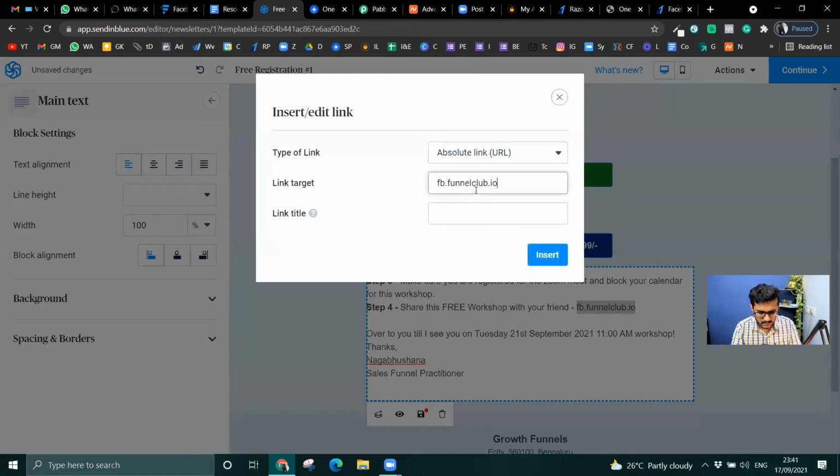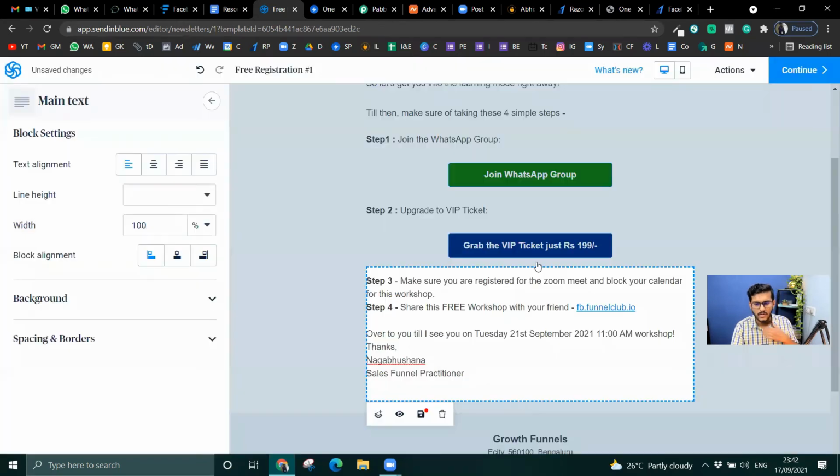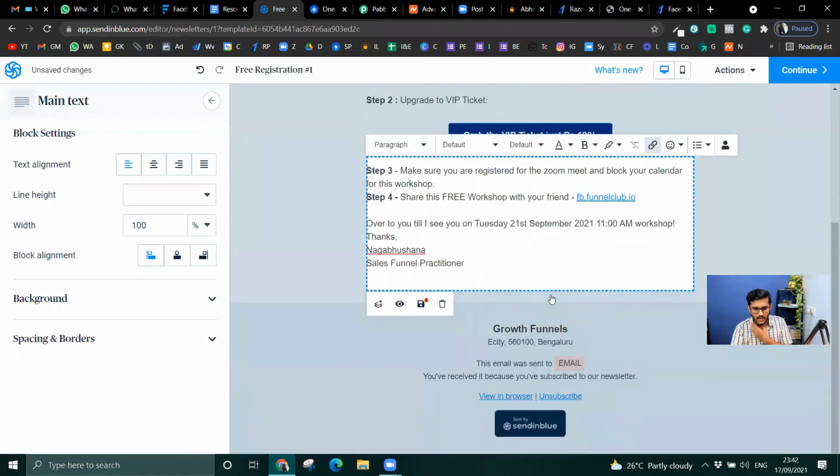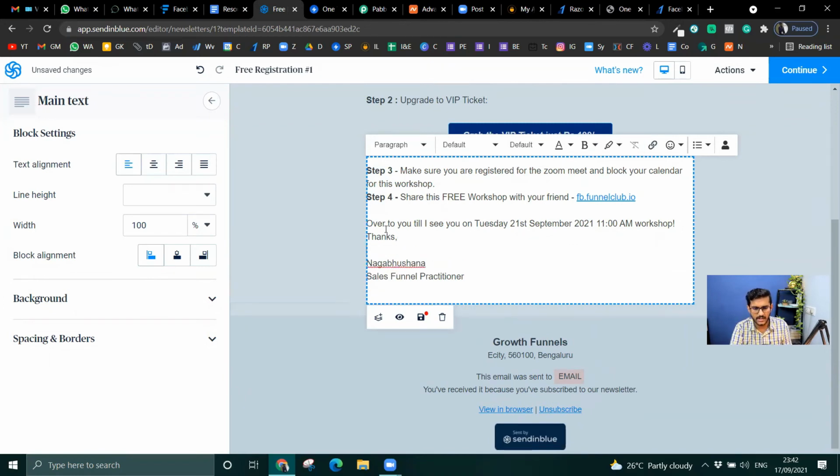Link, HTTPS, share the link, right? So somebody can copy and share it. Again, I'm not very sure how much people will share it.